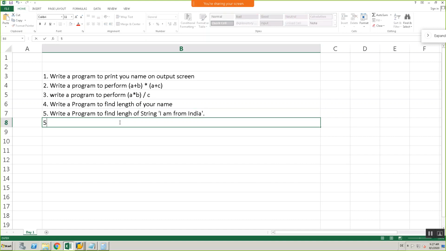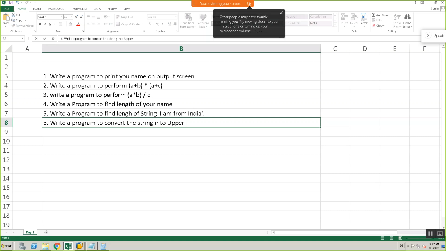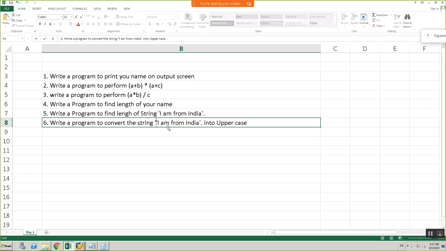Next, write a program to convert the string into uppercase. The string is this, so let me take this. To convert the string into all uppercase.